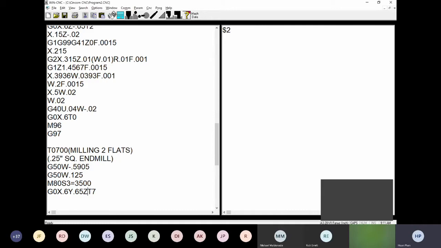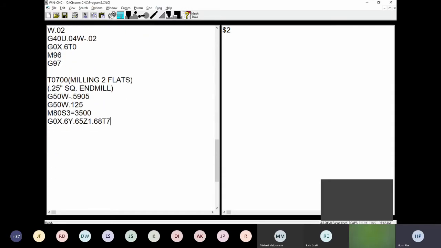We have 1.635. So for the Z location right here, I wanted to go a little bit further so I don't have a burr after I finish the milling, and then I do back turn later. So I put in here 1.680. So this way I can be sure that I have the end mill clean up